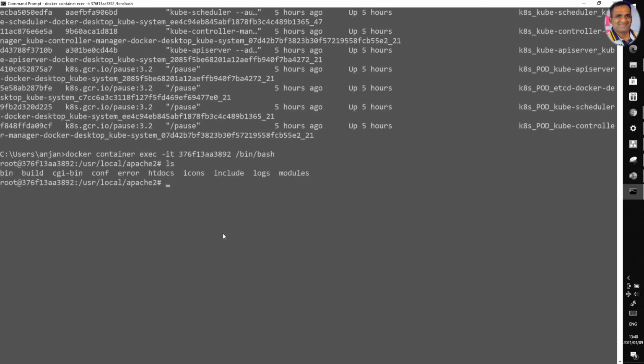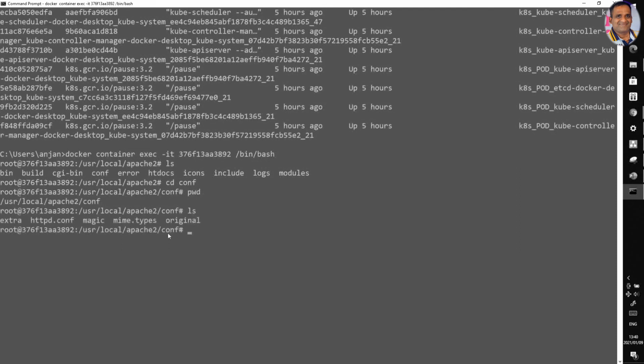If I want to copy some file into the conf location, this is the location of conf. If I see ls, there are only extra, httpd.conf, magic and mime.